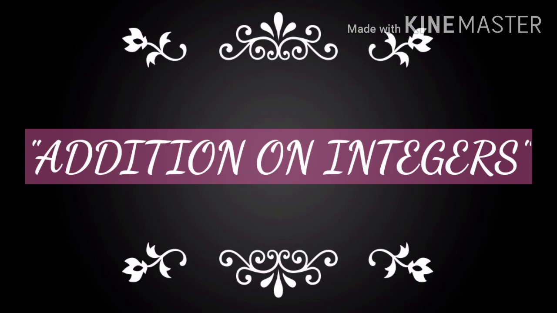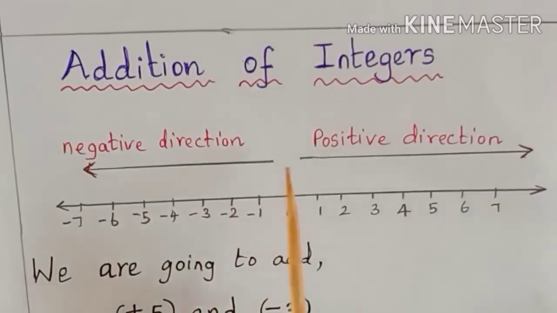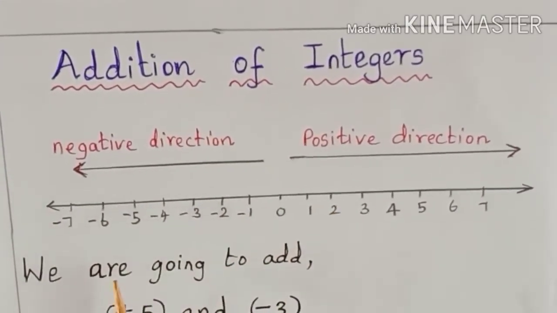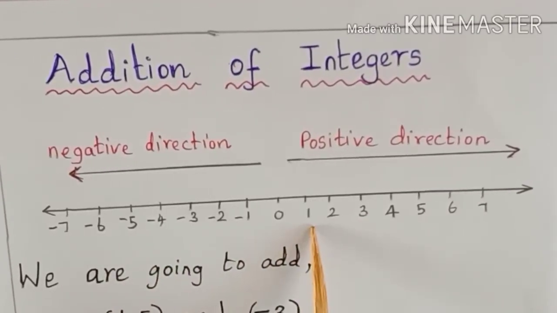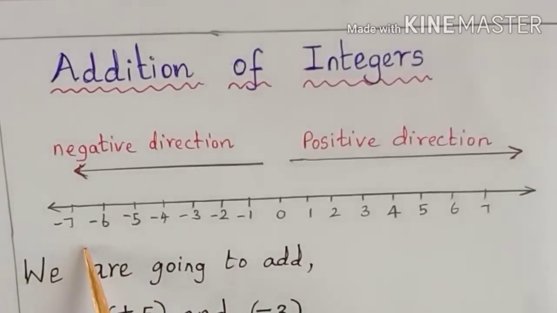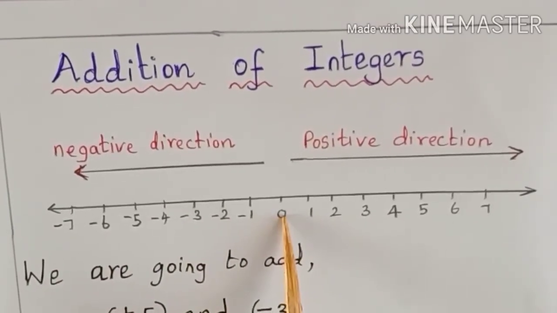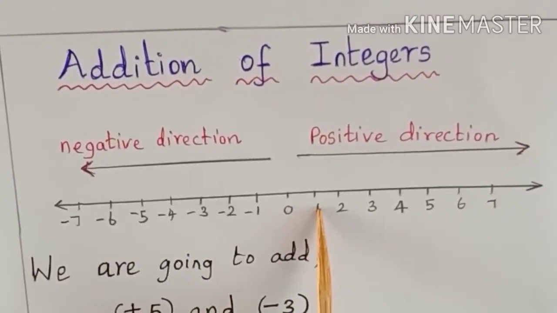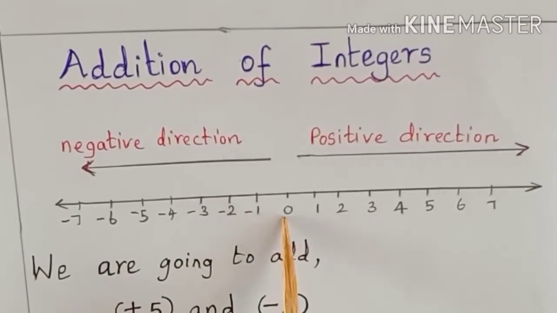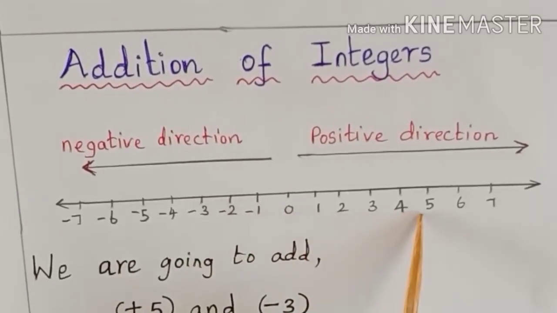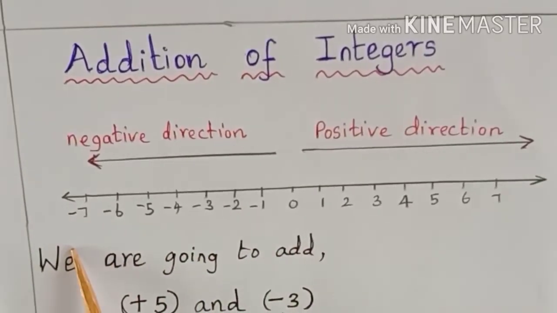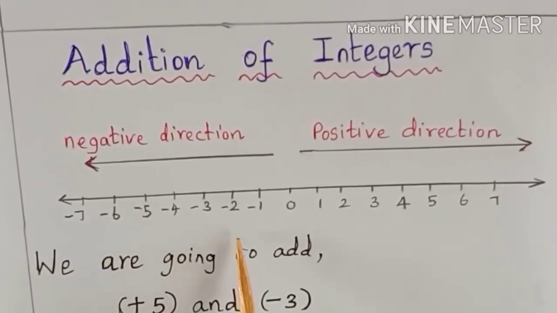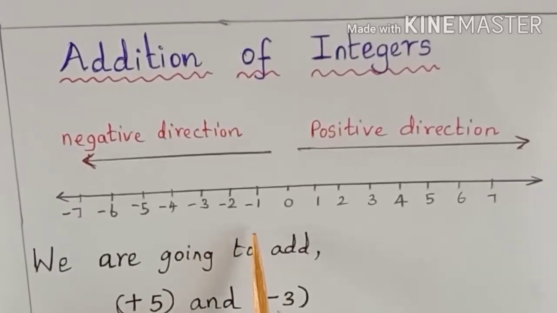Students, now let's go to the topic addition on integers. Students, let's do an activity with the number line. Imagine that the number line is a road with markers on it. We are allowed to step forward or backward on this road. One step taken is equal to 1 unit of number. Initially, we start at 0 and face positive direction. We step forward for positive integers and backward for negative integers. We maintain the same positive direction for addition operation.